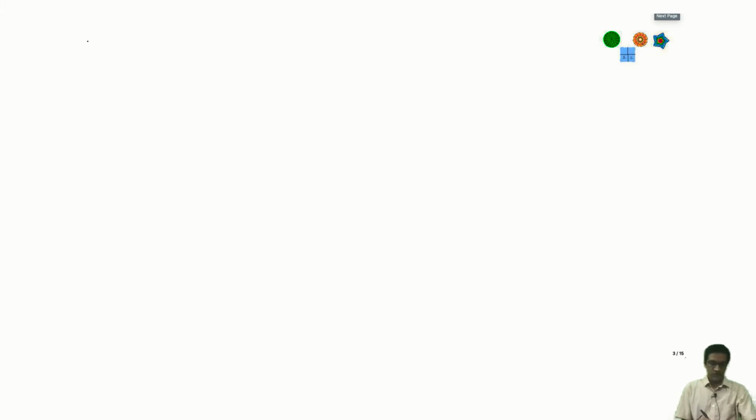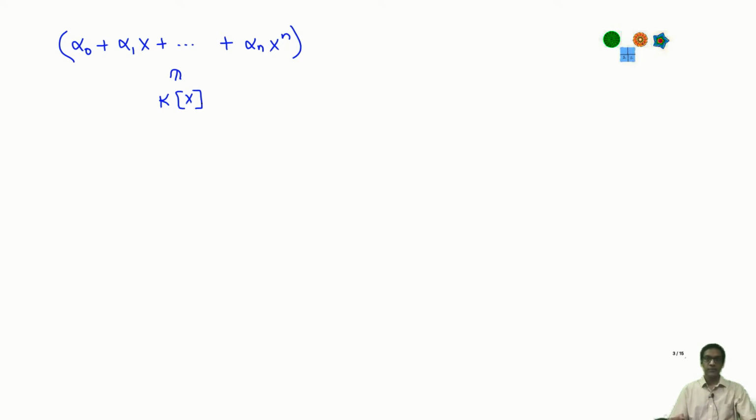Let's define it as follows. What are elements of K[x] first? I need to tell you what a typical element of K[x] looks like. It's a polynomial. So here's a typical element of K[x]. I need to define scalar multiplication by elements of the ring R. Now the scalars are not just elements of the field K alone. The scalars are actually polynomials in the variable x. So this is now a scalar, because I'm allowing scalars to come from my ring R. I should take this scalar and I should take some vector.